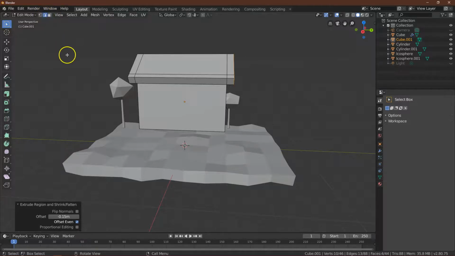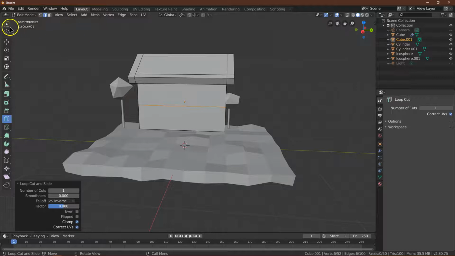Let's take a look at our lines. I would like some form of a door. So I'm going to do another loop cut here. And it will be a bit strange. This is fine. Okay. And then I would suggest something like this. Okay. And then for the door, I'm going to go ahead and go